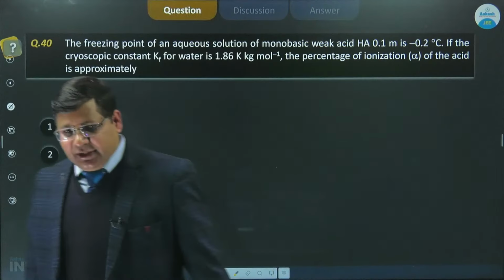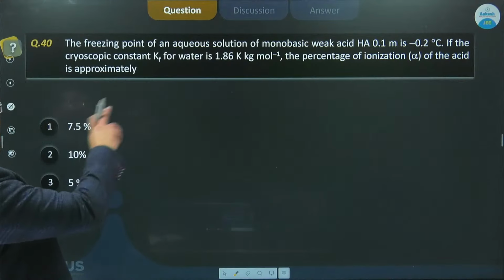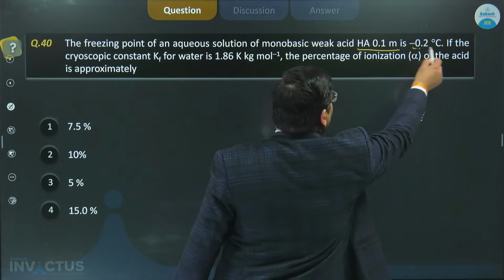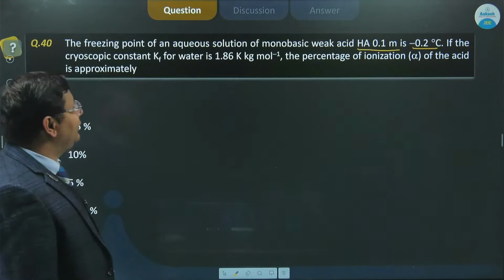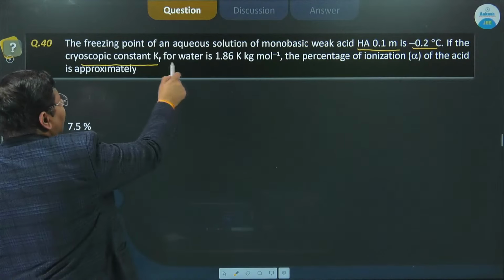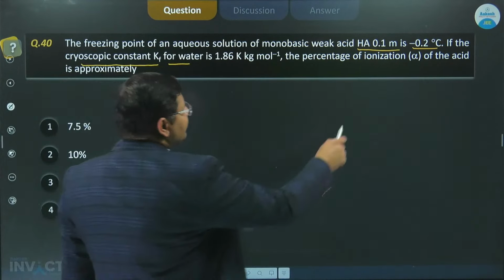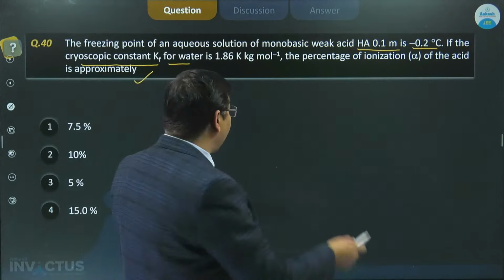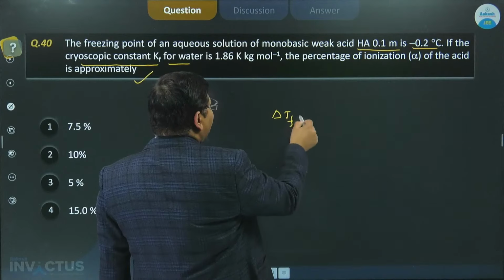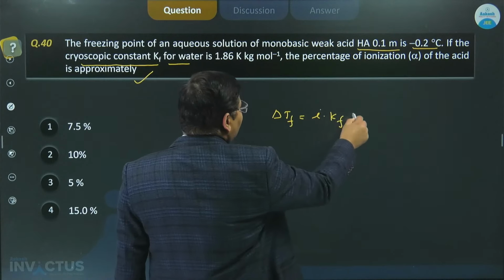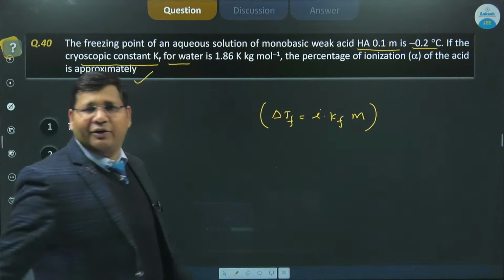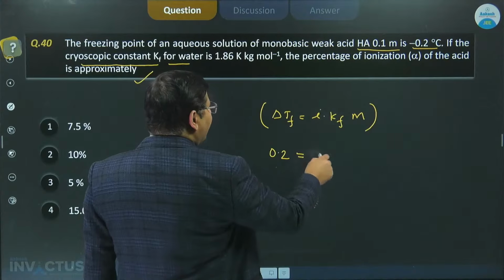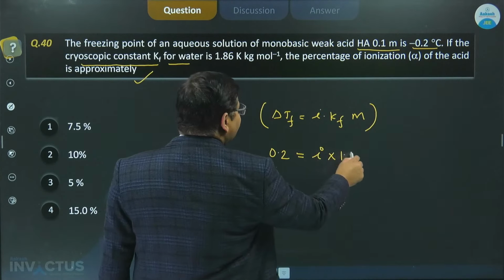तो नाउ नेक्स्ट क्वेश्चन इज द फ्रीजिंग पॉइंट ऑफ एन एक्वस सोल्यूशन ऑफ मोनोबेसिक वीक एसिड HA 0.1 m। तो डेल्टा Tf आपको गिवन हो गया, देखो इसमें, ठीक है। तो क्रायोस्कोपिक कांस्टेंट Kf एंड द परसेंटेज आयनाइजेशन ऑफ अल्फा इज अप्रॉक्सीमेटली, ठीक है बच्चों। तो कॉलिगेटिव प्रॉपर्टी का क्वेश्चन है। तो डेल्टा Tf सबको पता ही है क्या होता है, i इंटू Kf इंटू मोलैलिटी, ये आपका डेल्टा Tf का फॉर्मूला है। डेल्टा Tf आपको डायरेक्टली दे रखा है यहाँ पे, देखो 0.2, और वांट हॉफ फैक्टर आपको निकालना है यहाँ पे, दैट इज Kf इज 1.86,